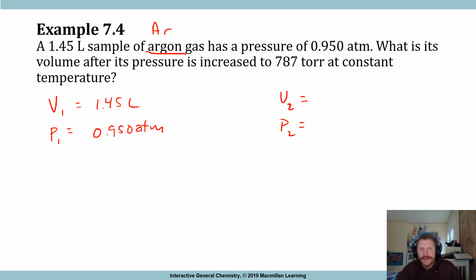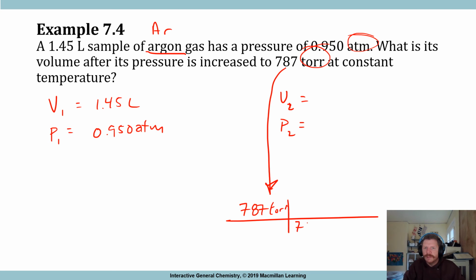Now this one, you might look at it and think, oh, this is a little bit tricky. I don't want you to do that. This isn't a particularly tricky question. It's effectively the same question. The only difference is our units have changed, so we have to take that into consideration. Before I write my pressure, I'm going to convert this 787 torr. 760 torr is 1 atmosphere. So 787 divided by 760 is